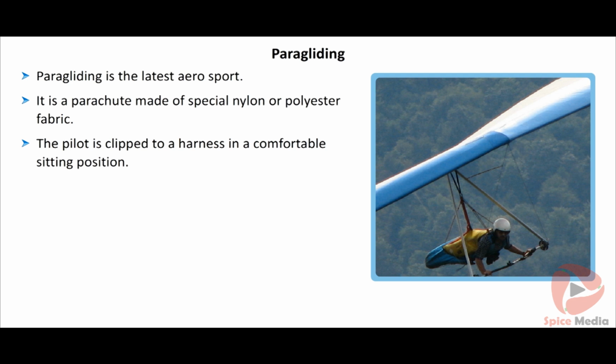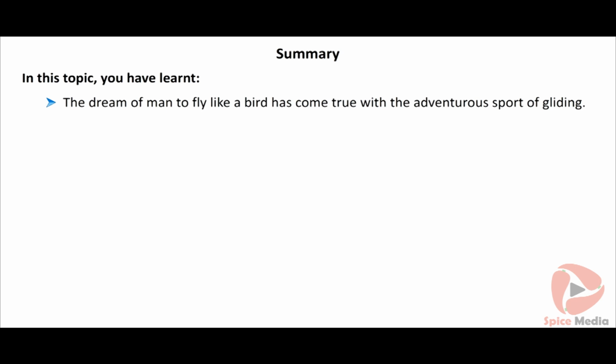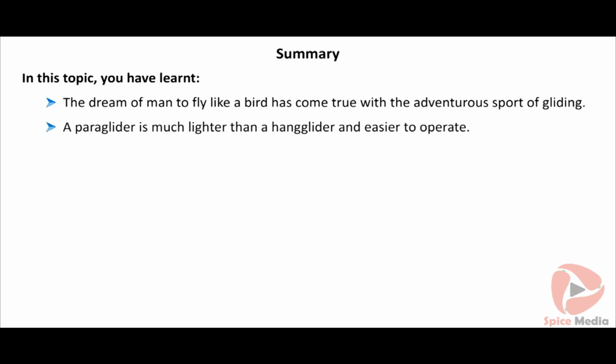Yelagiri in Vellore district of Tamil Nadu is a hill station with gentle slopes ideal for paragliding. Tamil Nadu Tourism holds a paragliding festival at Yelagiri in August-September every year. In this topic, you have learnt the dream of man to fly like a bird has come true with the adventurous sport of gliding. A paraglider is much lighter than a hang glider and easier